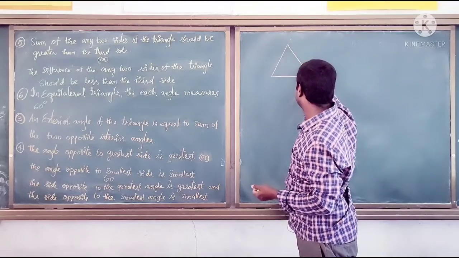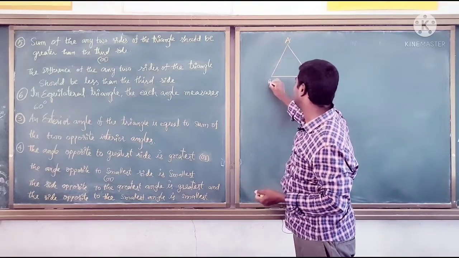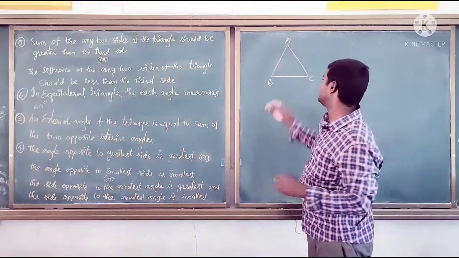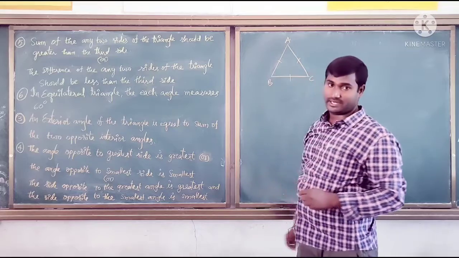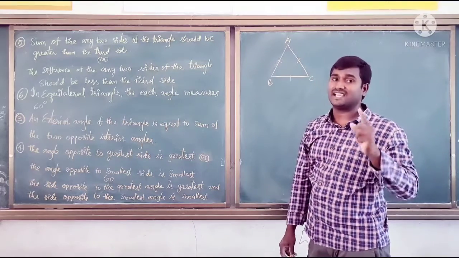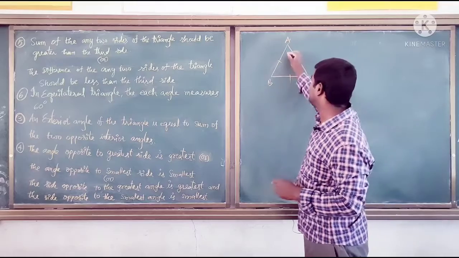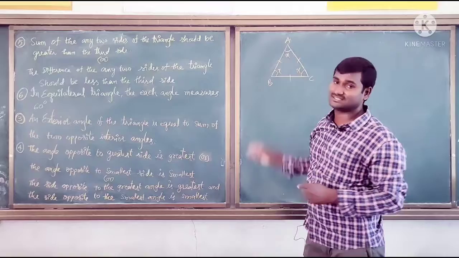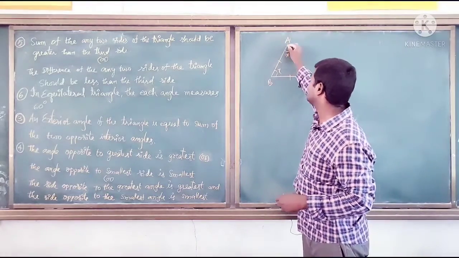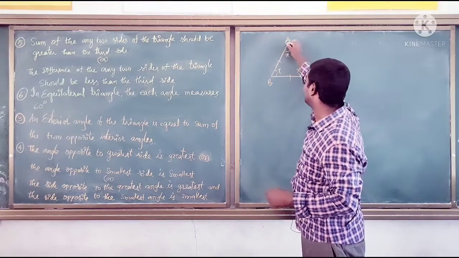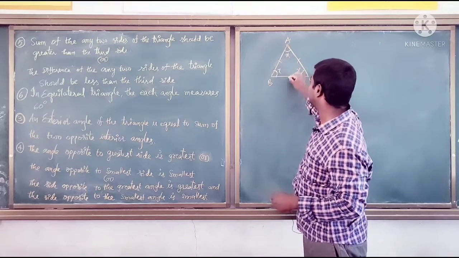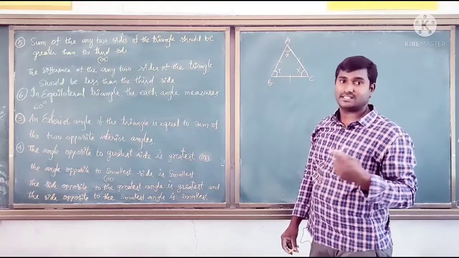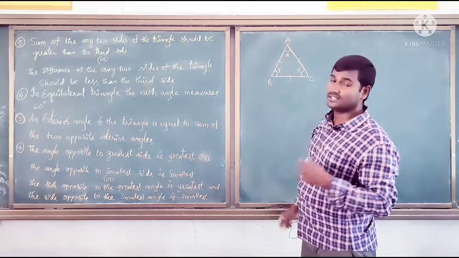Let us see here. A, B, C. In an equilateral triangle, we know that all the sides are equal. And one more property: angles opposite equal sides are equal. So if one angle is x degrees, this becomes also x, and this becomes also x, because all three sides are equal, so all three opposite angles are equal. For this side the opposite angle is this one, for this side the opposite angle is this one, and these two are also equal. So all angles are equal in an equilateral triangle.